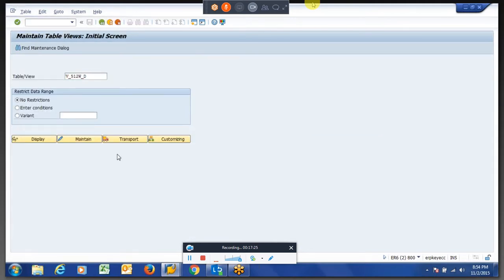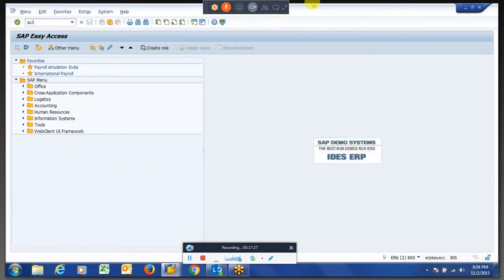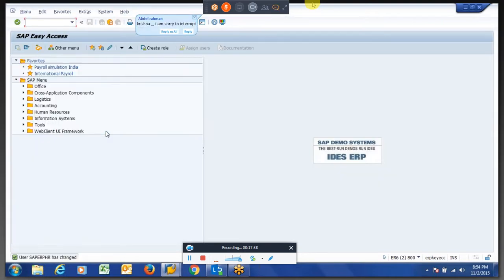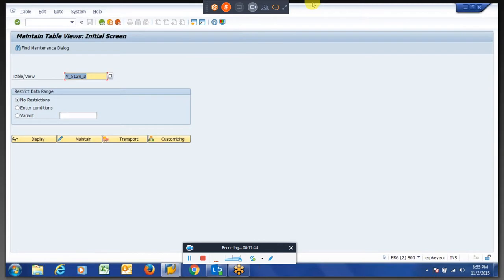Let us say we are in a different payroll parameter. I had given it as international. That is the user parameters. So when you go here, by default we will get 99 over here as a country grouping.